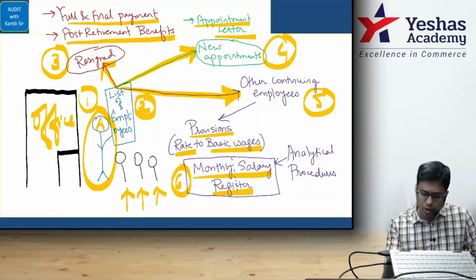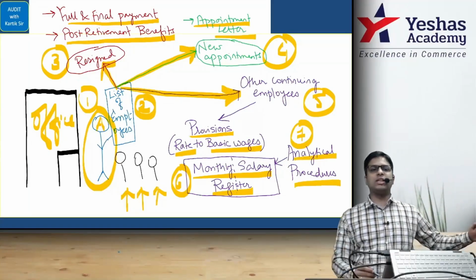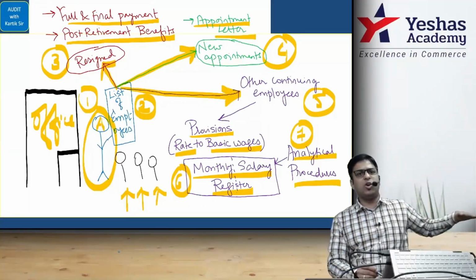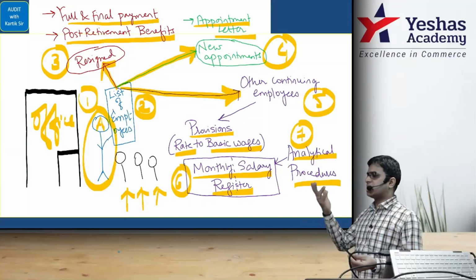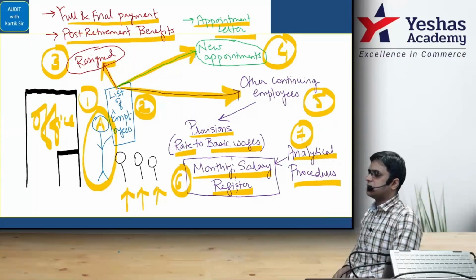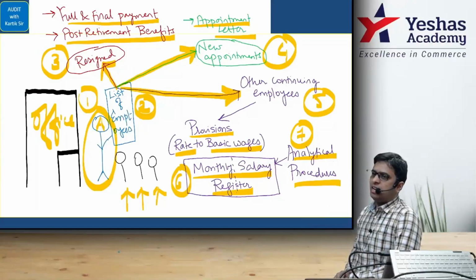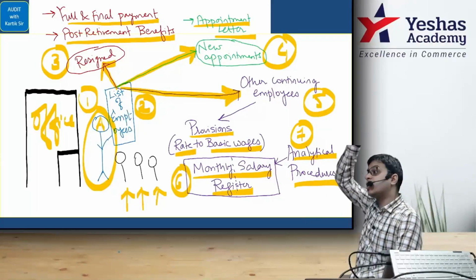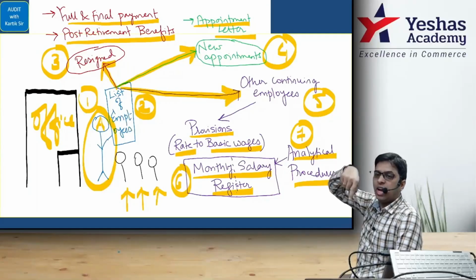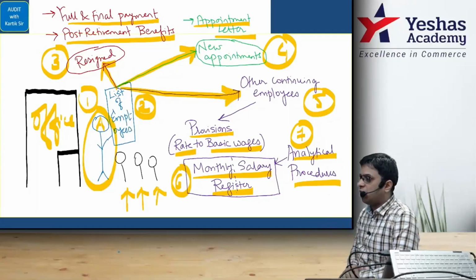And last but not the least, you should do analytical procedures. A simple example can be, we'll look at the employees' payment trend, whether it's declining or increasing. We can check it with the various ratios. Remember that example in analytical procedures. Salary we paid was 5 crores, 6 crores, 63 crores. So we are looking at that. Is there a major spike in the trend or not? That is what we'll see.